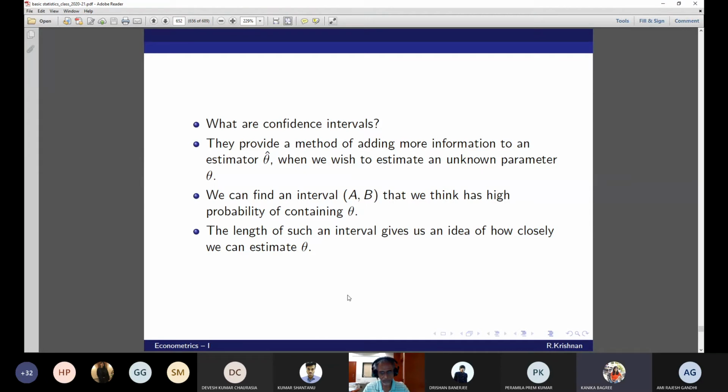Interval estimation, it is easier. But if we want an accurate result, we will prefer point estimation. However, it is easier in practice to use interval estimation because it provides a range. Okay, I'll leave it to you, because there is interval estimation, point estimation, and there is something called density estimation.